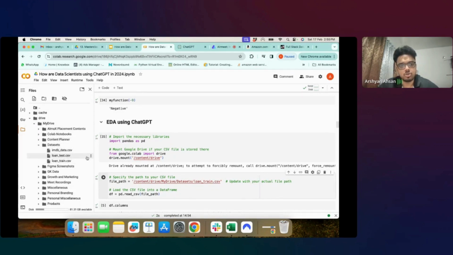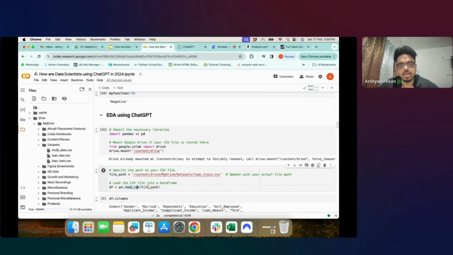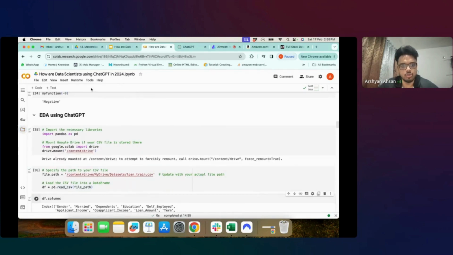तो वो जो पाथ है उसका पाथ आप कॉपी कर लेते हो. यू कॉपी द पाथ ऑफ दैट फाइल दैट यू आर गोइंग टू यूज एंड उसको आप यहाँ पे फाइल पाथ में पेस्ट कर देते हो एंड देन यू essentially read that file. So pandas.read_csv. So this is essentially what I'm doing over here. तो इतना बेसिक आपको समझना है कि मैं कैसे फाइल इंपोर्ट कर रहा हूँ.